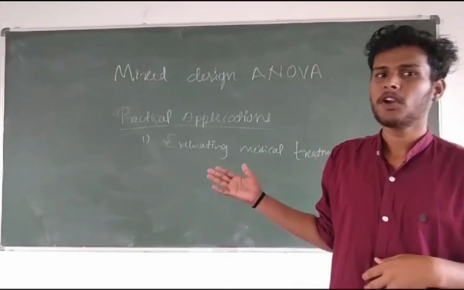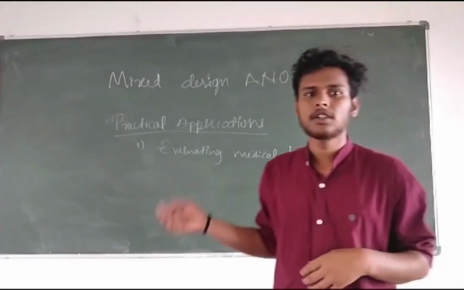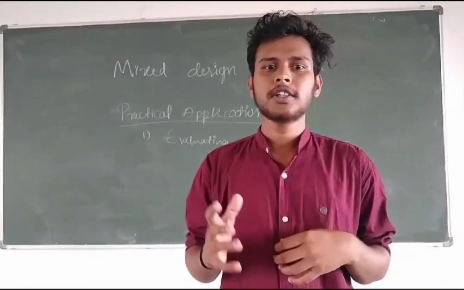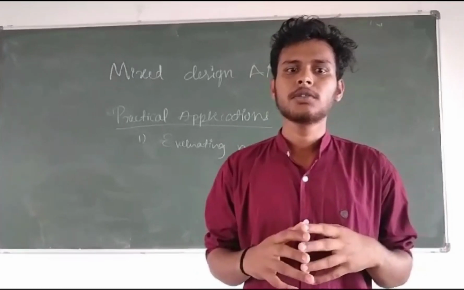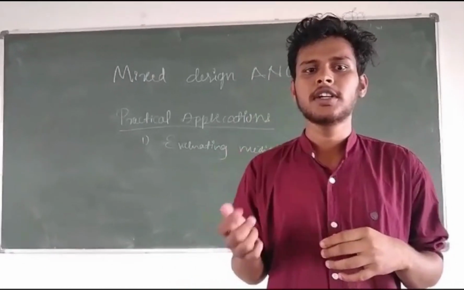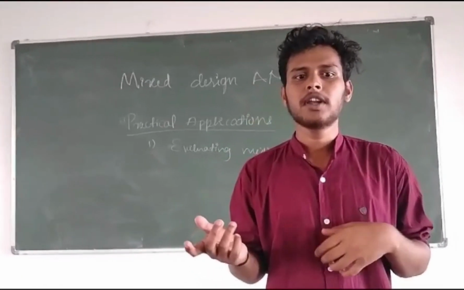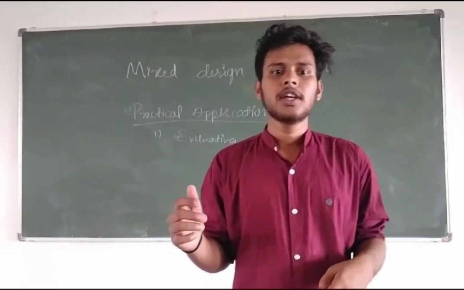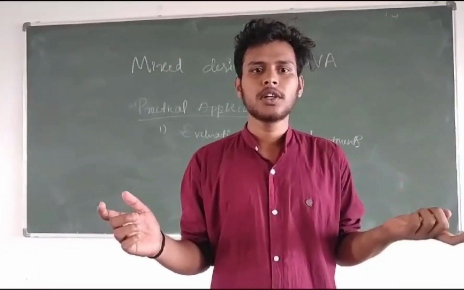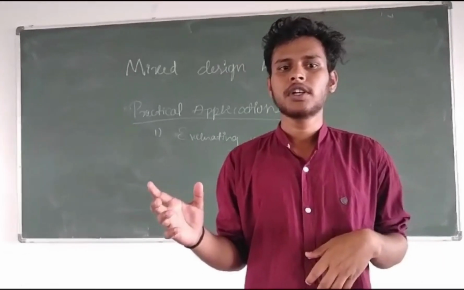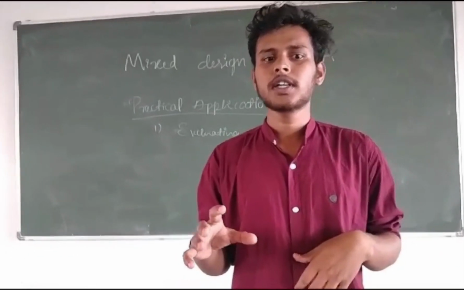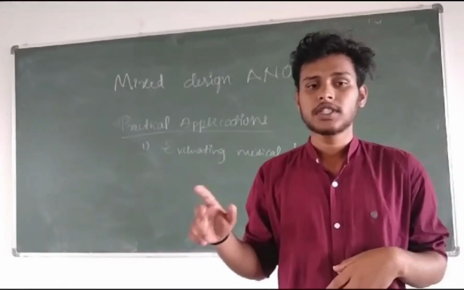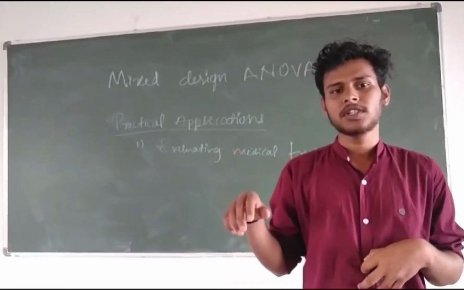Let us take an example of evaluating medical treatments. A 2-way ANOVA can be used to assess the efficiency of different medical treatments by comparing their effectiveness across multiple factors such as gender, age, and age group. For example, researchers may want to know how a new medicine affects male and female patients aged 18 to 24 versus aged 25 to 35 based on symptoms reported after taking the treatment. A 2-way ANOVA can be used to analyze that information and understand any significant difference in effectiveness between these groups.